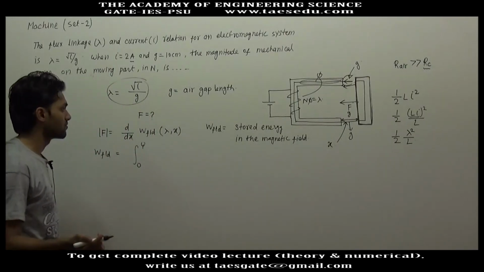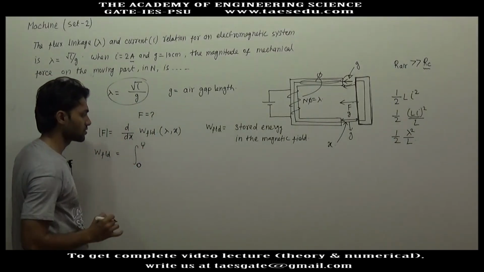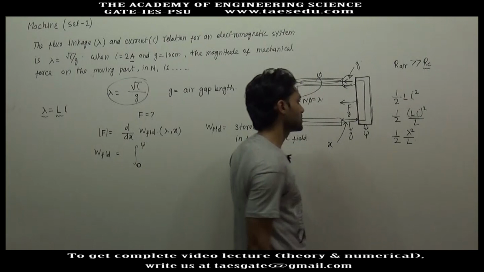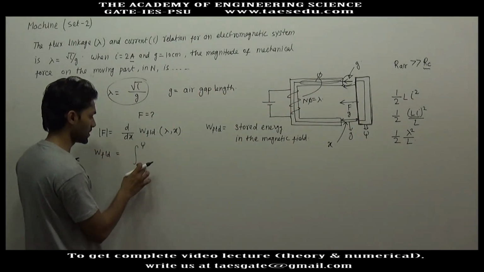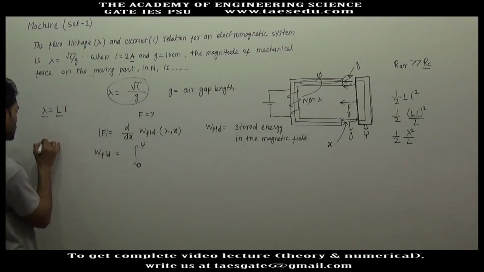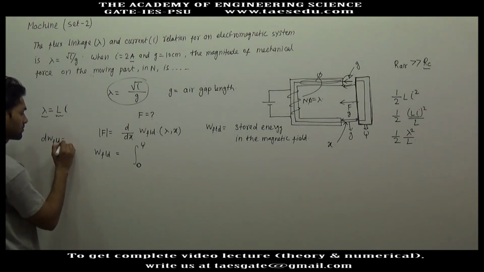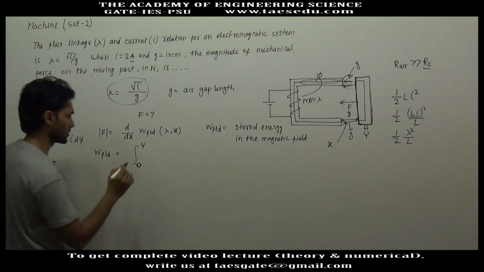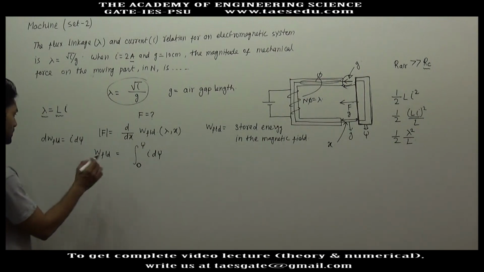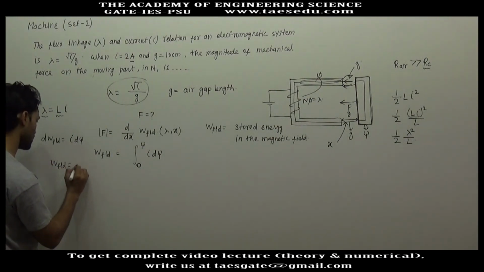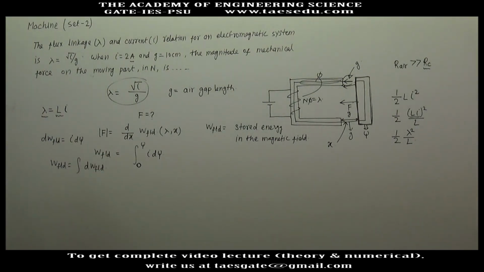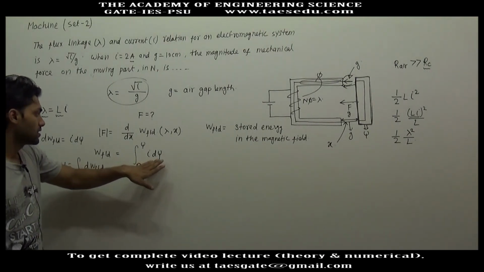When the bar was at infinity, the total flux linkage was 0, and when this bar is at this position, let's say it has total flux linkage psi. So we'll integrate from 0 to psi, and the elemental change in stored energy is I d psi. The total stored energy is the integration of the elemental stored energy, and the elemental stored energy is I d psi,